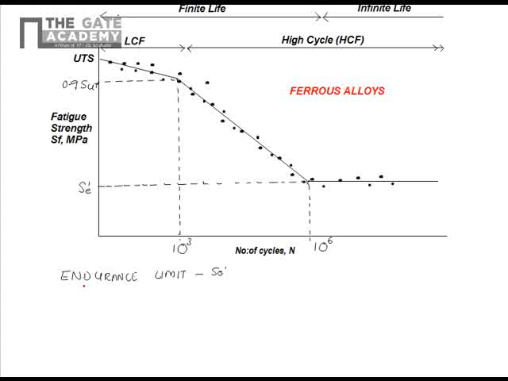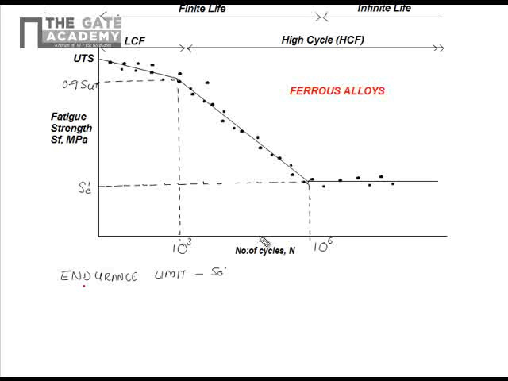So there comes another important parameter called the finite life design and infinite life design. As I've mentioned, if we want to design the component for infinite life, then we should make sure that the stress in the component is always less than the endurance limit of the material. Therefore, the parameter we have to find out is the endurance limit of the material, and we should design the component such that the stress is less than the endurance limit value. And if it is a finite life design, then for undergoing a particular number of cycles, say here,